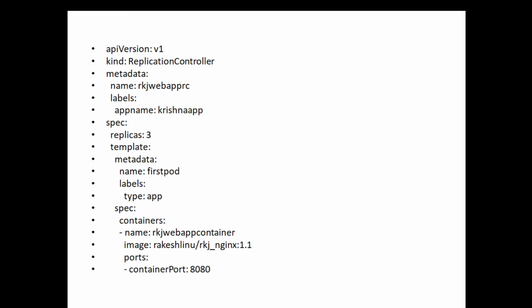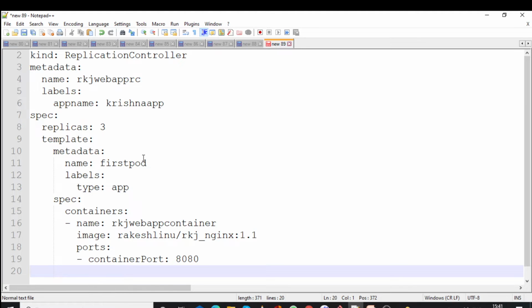So let's write the replication controller YML file as we already discussed everything. Okay, so this will be the container. Let's copy it.